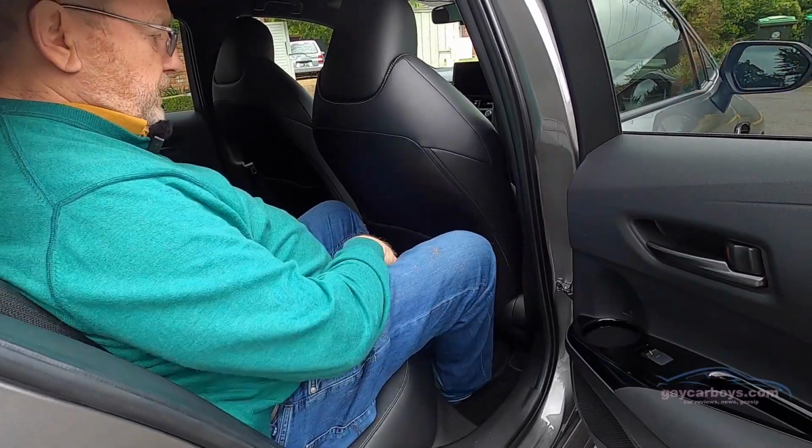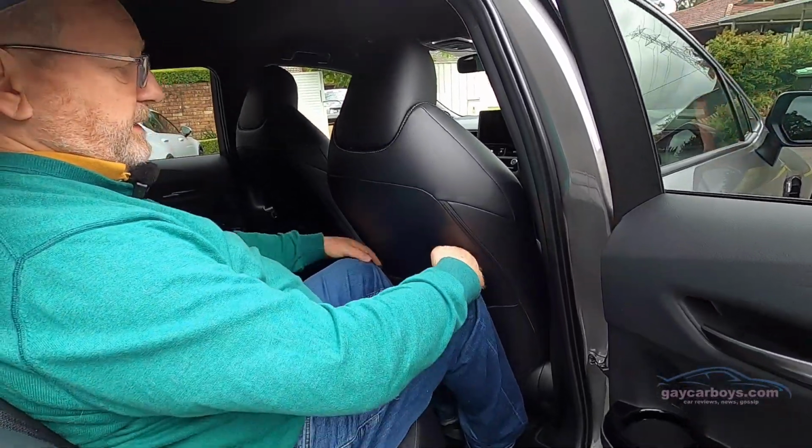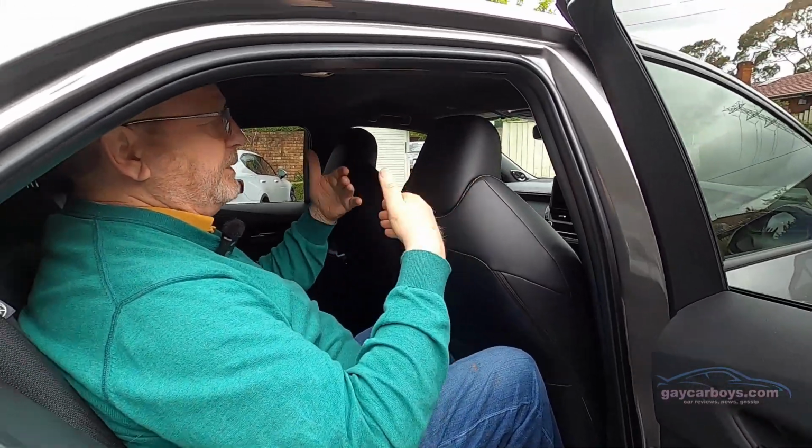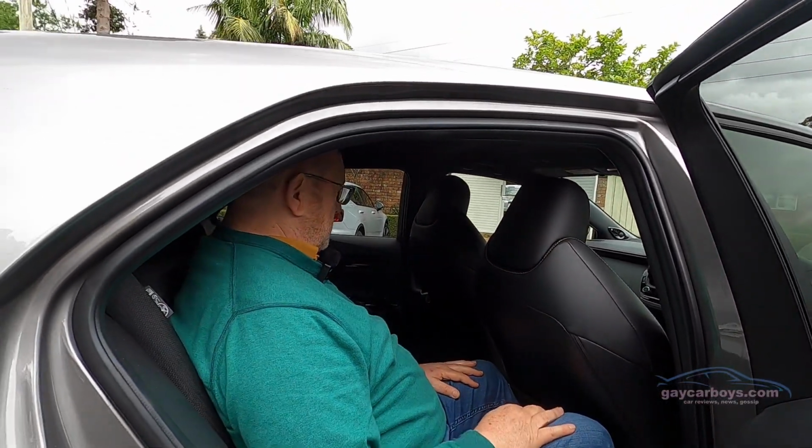I've got to tell you, my feet fit under there. This isn't a lot of room, but I'm not uncomfortable. I feel a little cramped by this. Yeah, but on a long trip though, I mean...